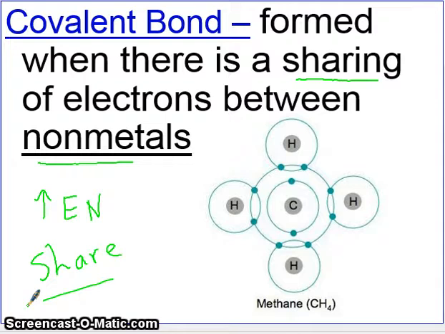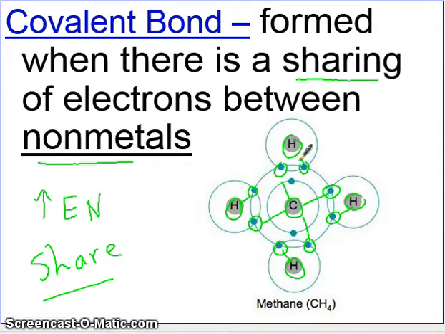And in this case, what you see is the element carbon sharing electrons with the element hydrogen. And in fact, carbon shares this electron. These are carbon's electrons. Carbon has 4 valence electrons, if you take a look at the periodic table. And this electron is actually hydrogen's. So hydrogen is actually willing to share one of its electrons with one of carbon's electrons so that together they can form a stable bond. I know it's a bit messy, but essentially these right here are the electrons that are shared